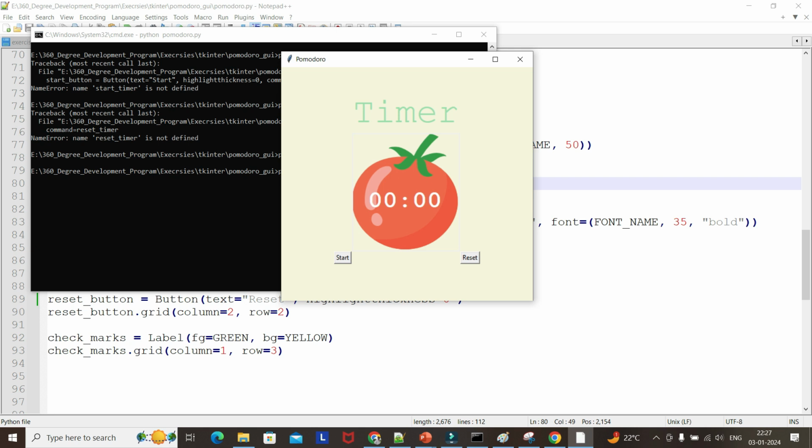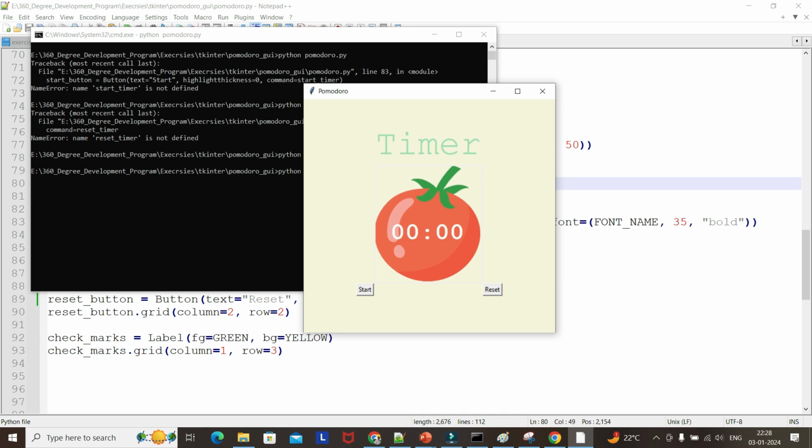I can't zoom in, but there is a little bit of border line if you carefully observe. If we don't give highlight thickness equal to 0, this will appear. So we don't want this borderline to appear, so that